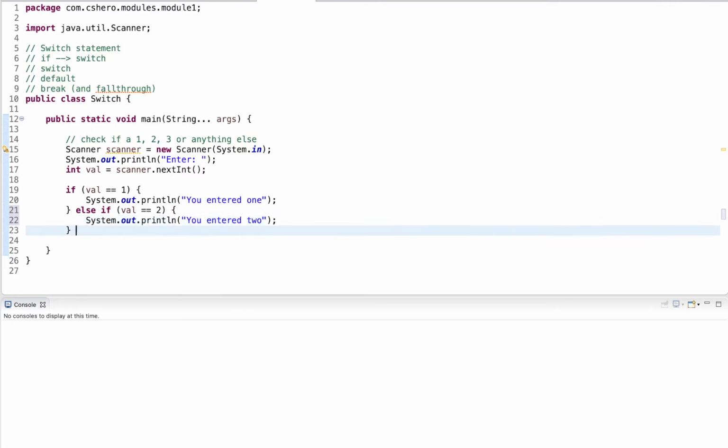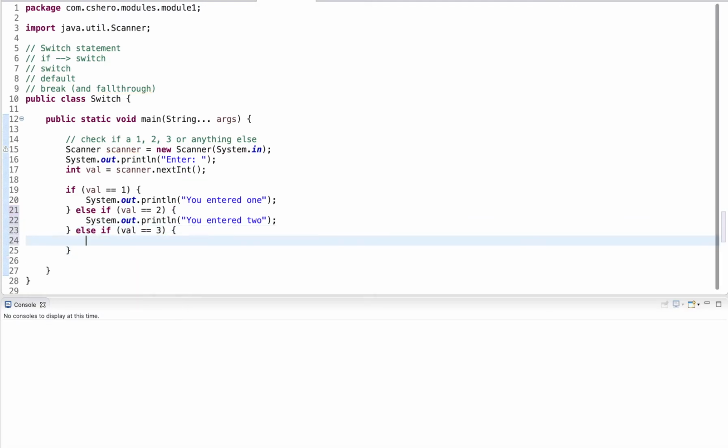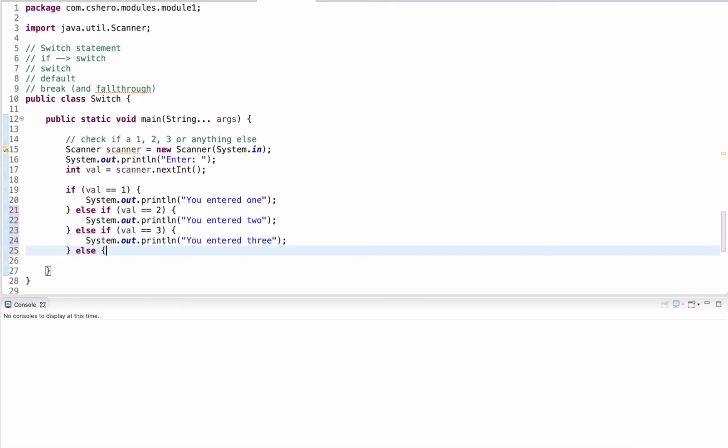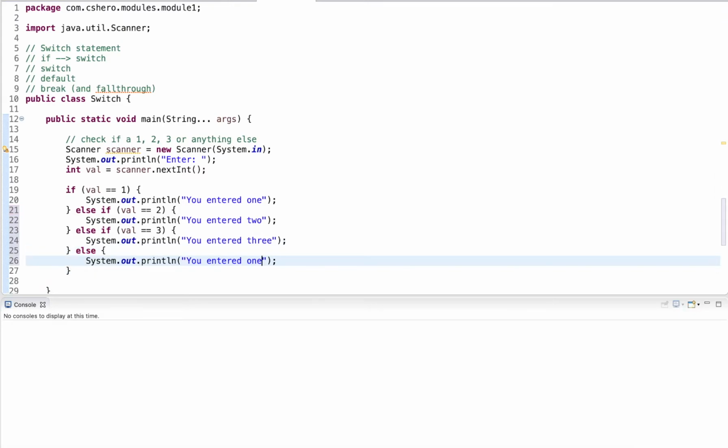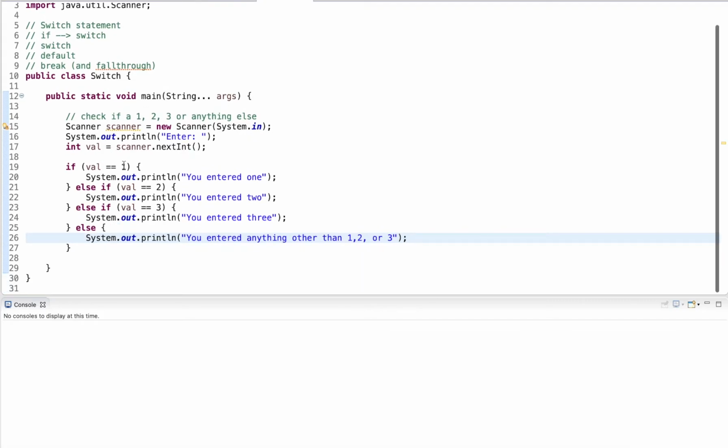And then else if val is 3, I output you entered 3. And I have an else block here. You entered anything other than 1, 2, or 3. So this is my if condition.